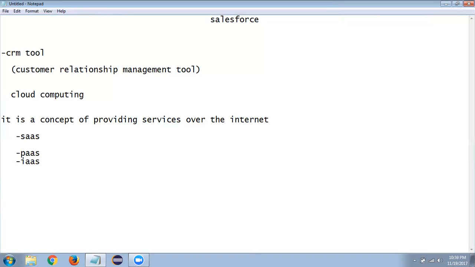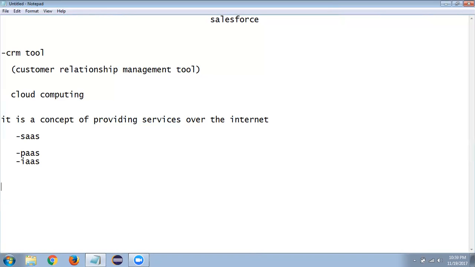They will happily get the services, even with less expense and less cost. Because of this reason, even small scale organizations are showing more interest in getting services using cloud computing, right?